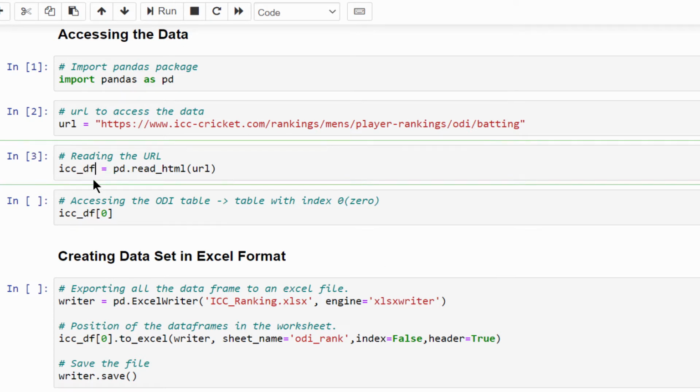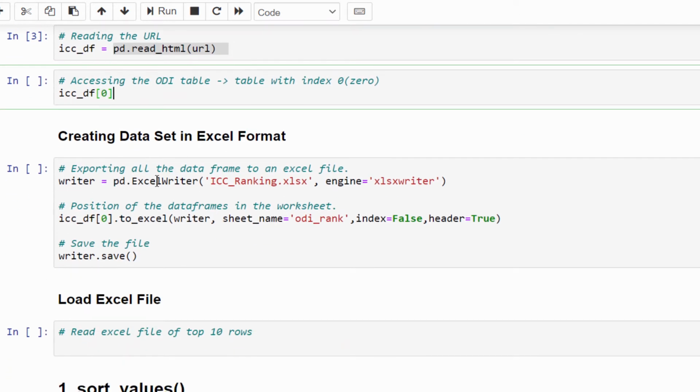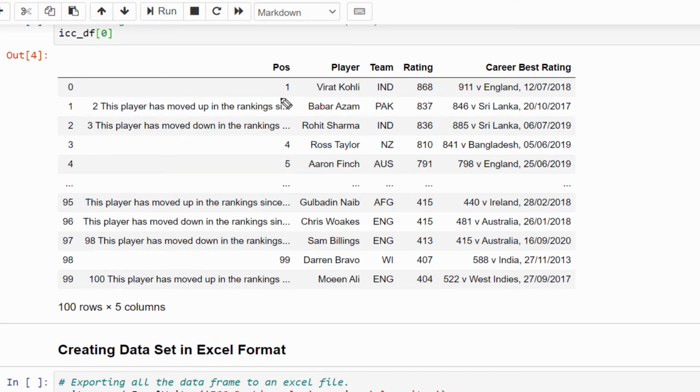Now we have created a data frame which contains all the values of this URL. In that, specifically, I want to access the data table with table 0. When we run this, you can see exactly that web page data downloaded.